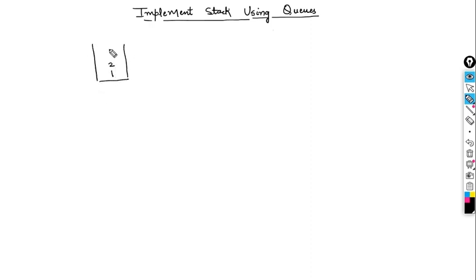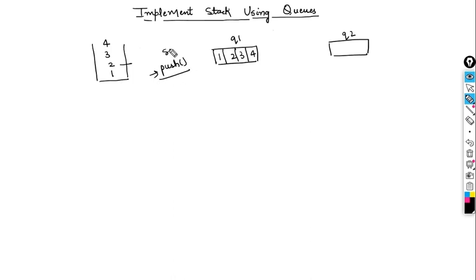Okay, so let's say we need to create this stack. It contains 1, 2, 3 and 4 elements. So, for instance, create a queue and say this is Q1, and take another queue. Now whenever we need to insert an element, we simply insert it inside Q1. So I have inserted 1 here, then 2 came, then I inserted 2 here, then 3 and then 4, right? Basically the push operation should not need anything different. The push operation would be similar to what we do in stacks.